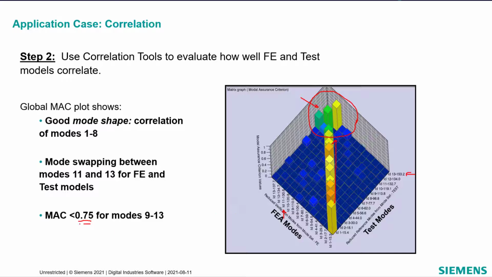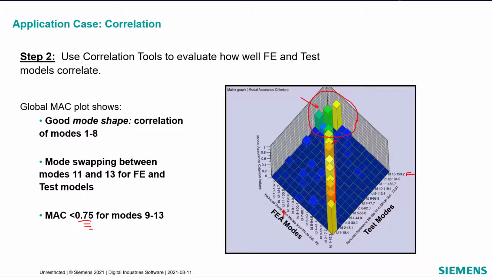If you were in school, was 75% a good grade? It's a passing grade, Pete. Yeah, so it's passable, but maybe we want really good correlation, and we could probably do better. So in this case, let's assume this isn't good enough. We'd love to see, especially for a simple metal structure, 90%, 95% or above along the diagonal, over the range of a few hundred hertz.